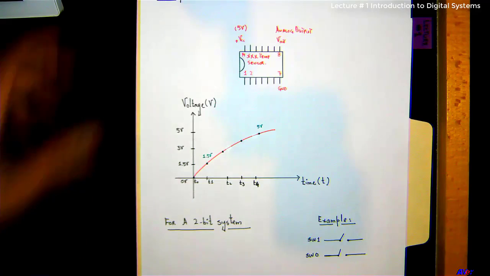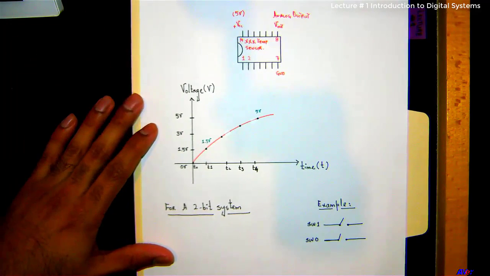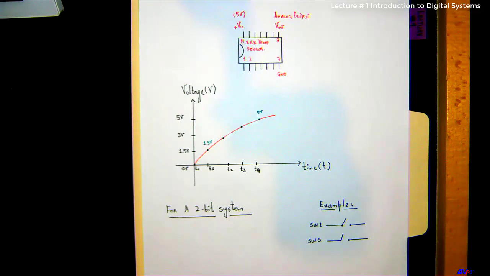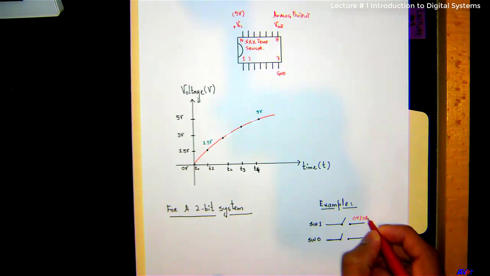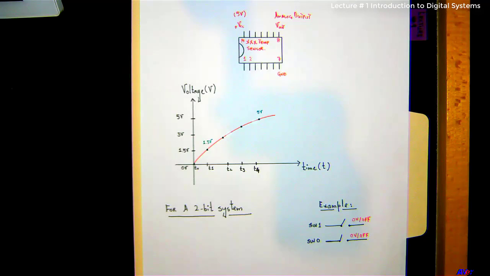Okay, now before I explain how we can convert those numbers into digital, say you have two switches, switch 1 and switch 0, and it looks like those are open. They're not connected, so whatever the voltage over here will not be able to go past through it because it's open, right? So right now it's actually 0 volt, or you can say it's off, correct? And similarly over here, 0 volts, or it's off. Okay, with these two switches, how many possible combinations can we have?